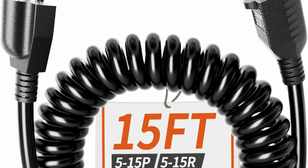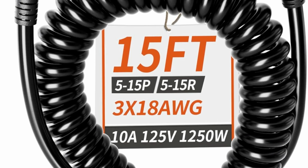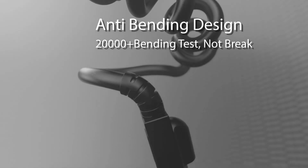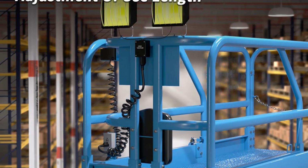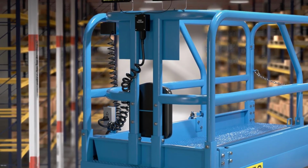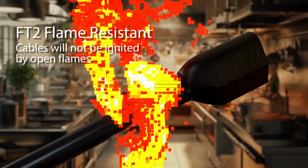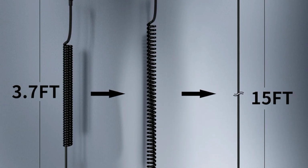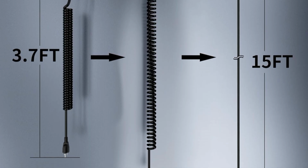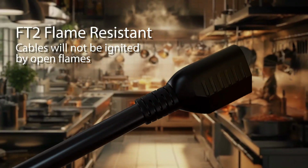Its coiled design offers an effective working length of 8 to 10 feet. Perfect for charging electric pallet trucks, powering HDTVs, computers, and other devices. Built to withstand harsh conditions, the vinyl jacket is IP65 waterproof, weather-resistant, heat-resistant, and wear-resistant. It features reinforced strain reliefs tested for over 20,000 bends and passes a 1,500 volts high-voltage test, ensuring safe and